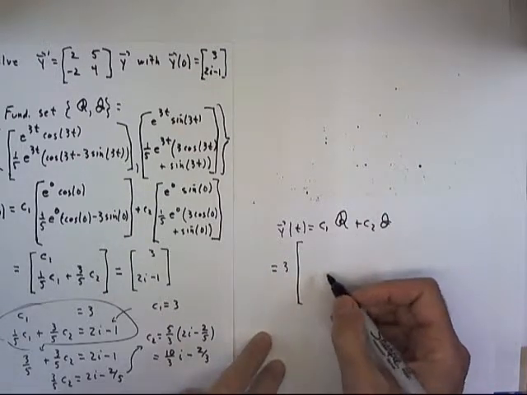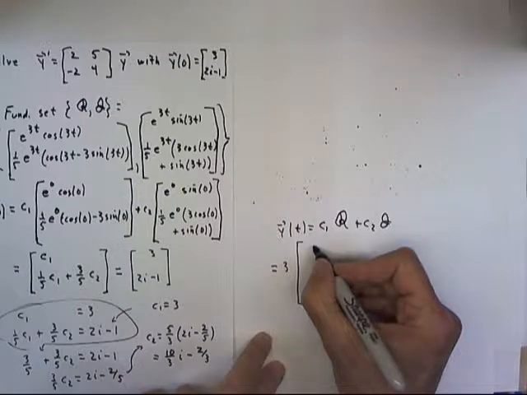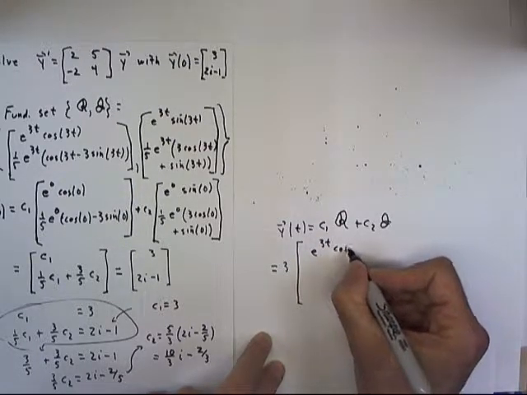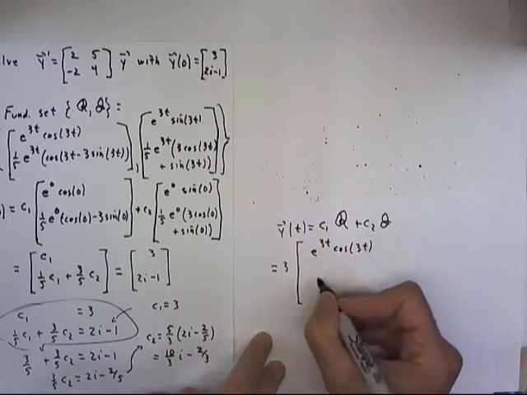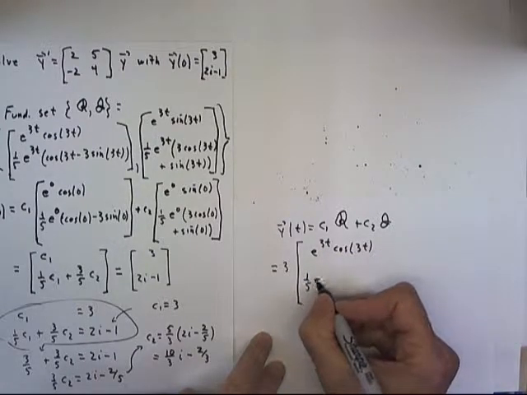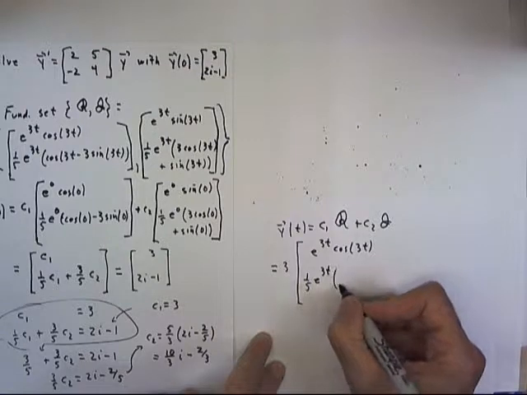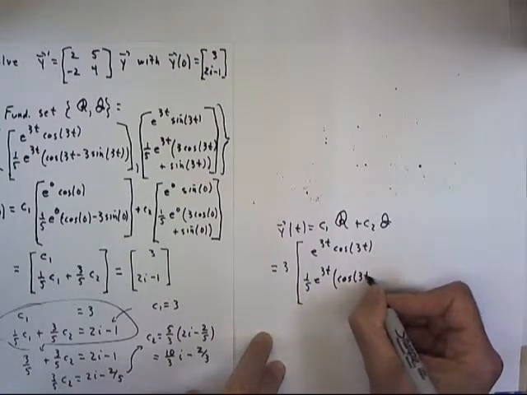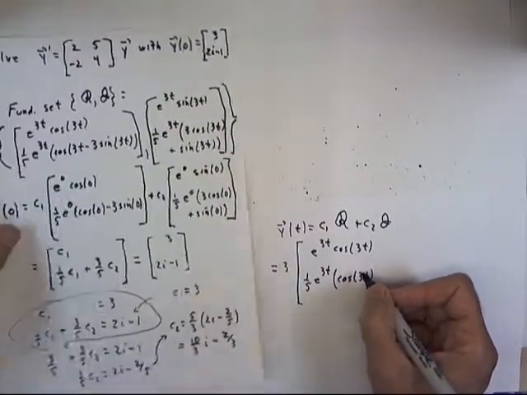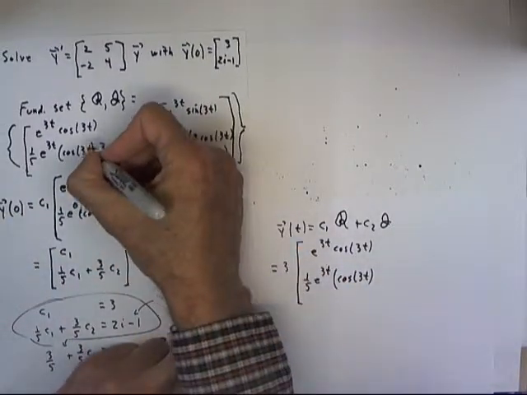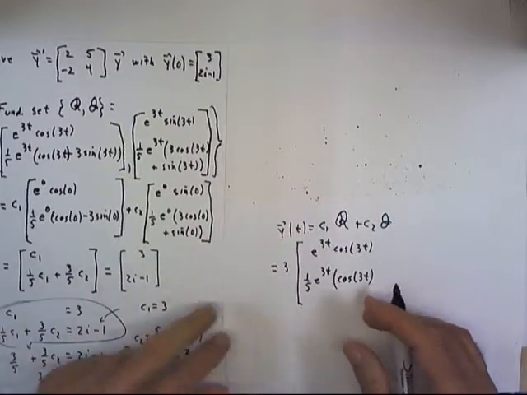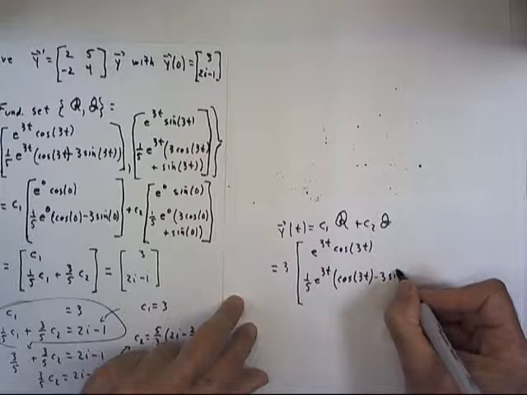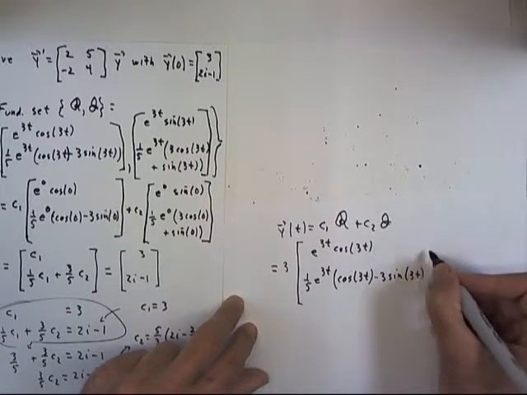Our r vector, and eventually we'll get a little tired of writing this thing out, e to the 3t cosine of 3t and 1/5 e to the 3t times cosine of 3t. And I notice that I forgot to close that set of parentheses, minus 3 sine of 3t